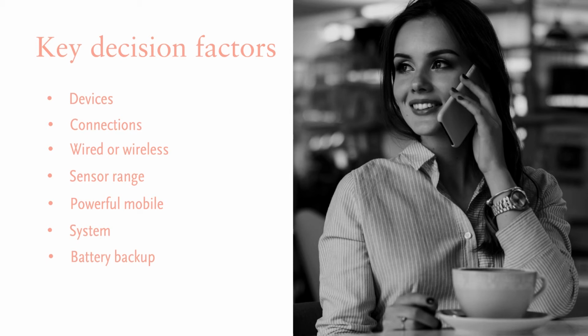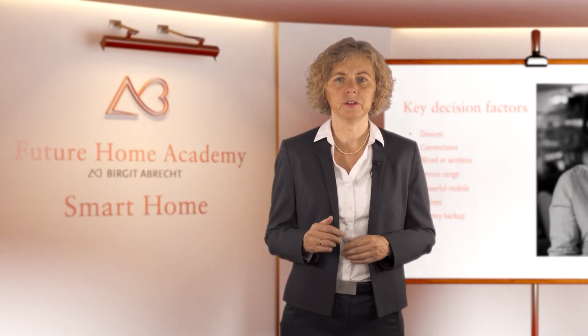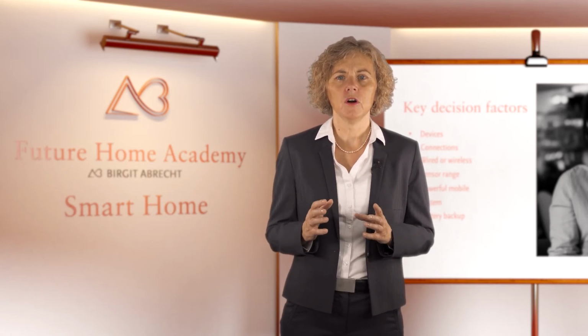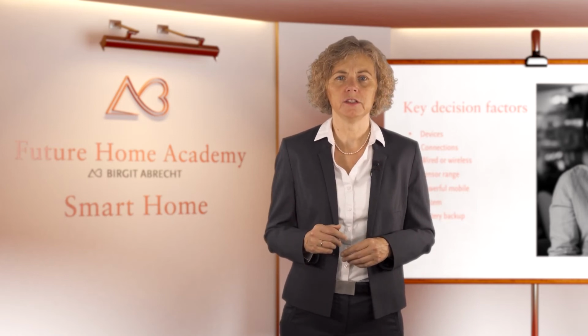Many smart hubs or bridges must be connected to your wireless router via Ethernet cable. This limits the places where you can put them and requires a free Ethernet port on your router. If you want to be flexible and place the bridge anywhere within the range of your router, choose a wireless bridge. In case your home automation is placed in a large house, pay attention to the range that the hub